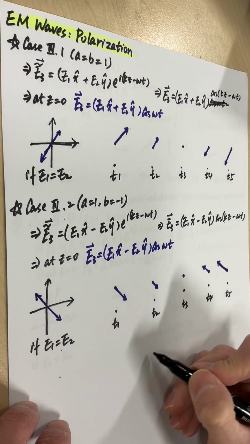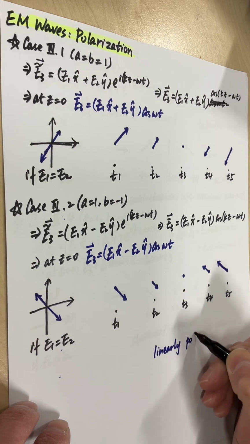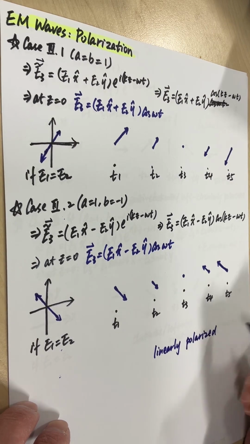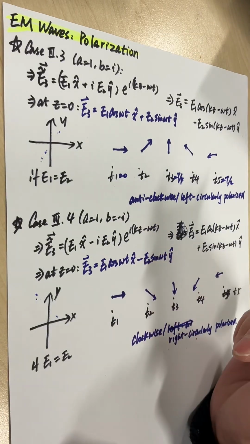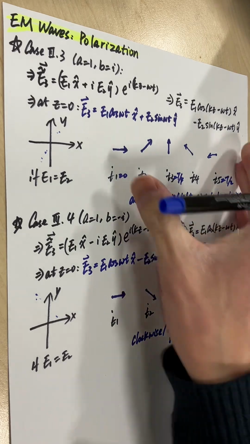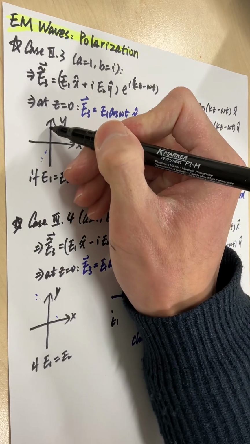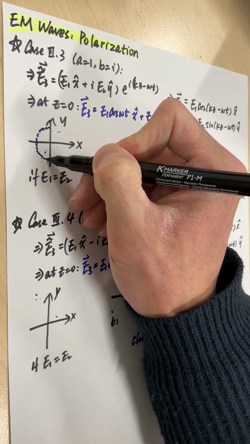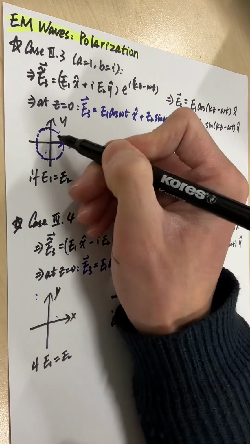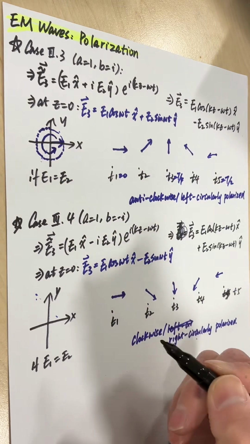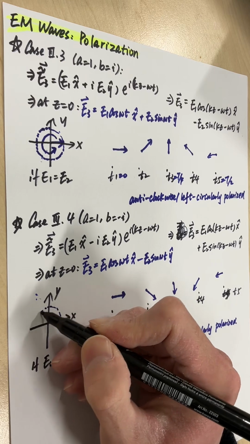So these are all linearly polarized. But the more complex ones here, they are circularly polarized. So if you put all this together on this plane, you have all the points on a circle possible. So if you start from here, it will go anti-clockwise. And then here, this one is also a circle,